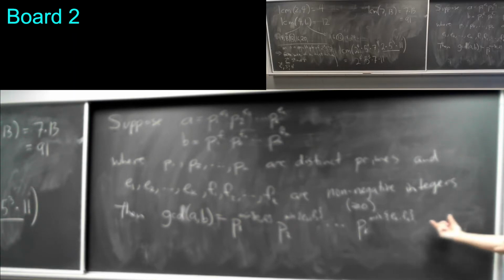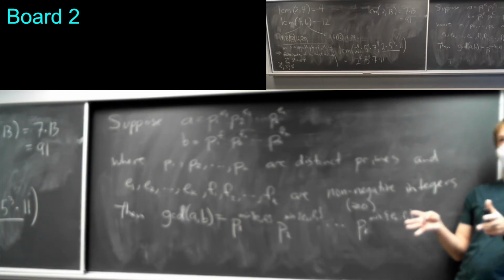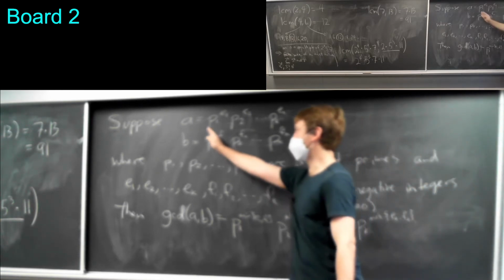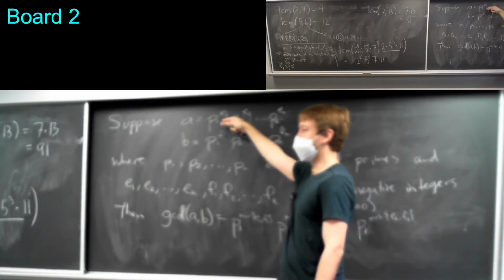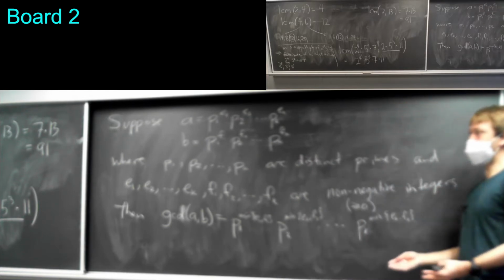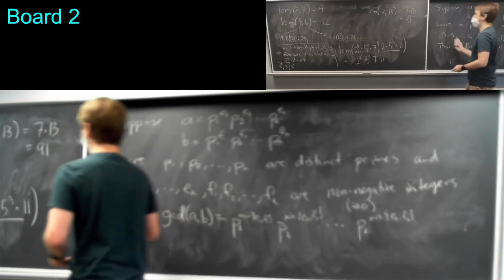I understand notationally this looks kind of weird, but the principle is exactly what we were doing. So you write each of these things as a product of primes, and for each prime you take the smaller exponent. Now that will always be a divisor of A and B, and because of the fundamental theorem of arithmetic, the unique prime factorization, this is going to be the maximum, the greatest common divisor. You couldn't have a bigger divisor than this. Okay, and similarly,